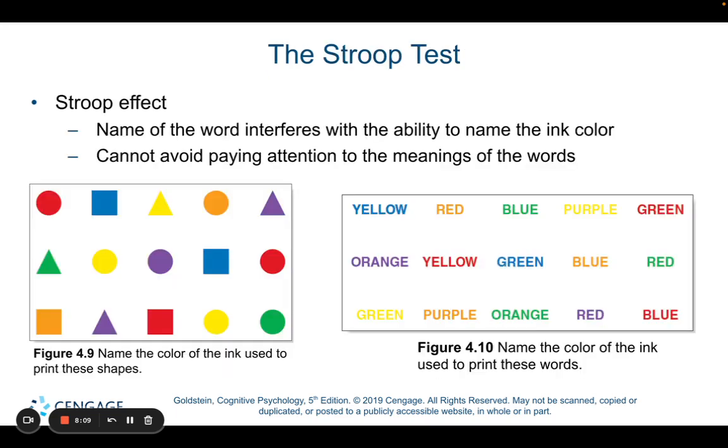The Stroop test is a test of attention that can tell us whether or not a person is able to filter and attend to saying the color instead of a word or instead of a shape that they're looking at. Oftentimes, when people are brain damaged, they struggle with being able to do this, or if they have attention problems, it becomes very difficult to filter out the name from the color or the shape from the color of the image.